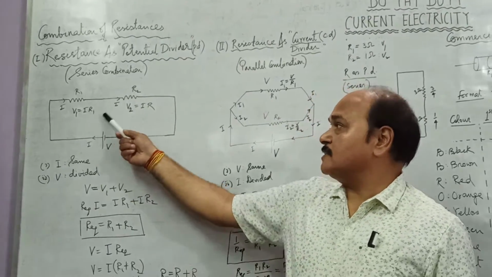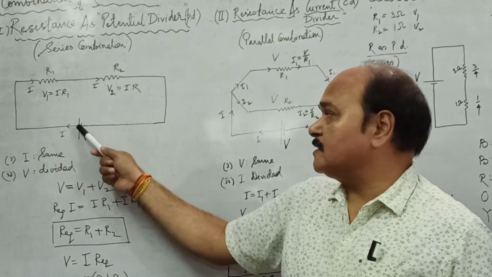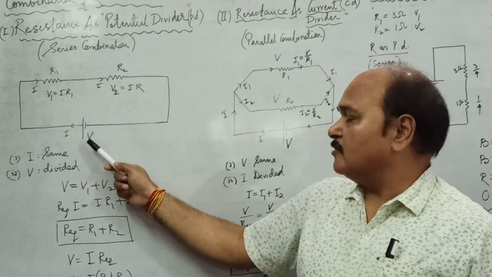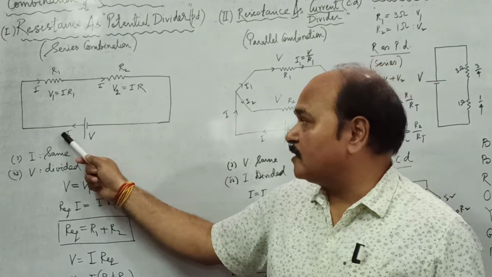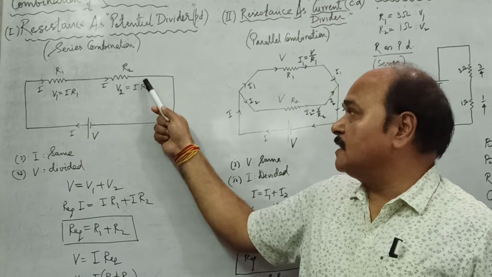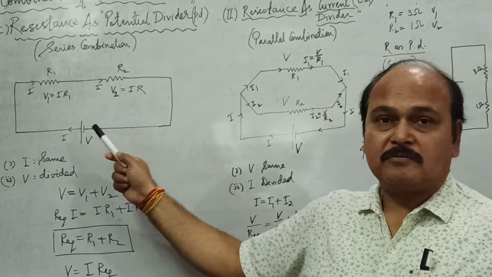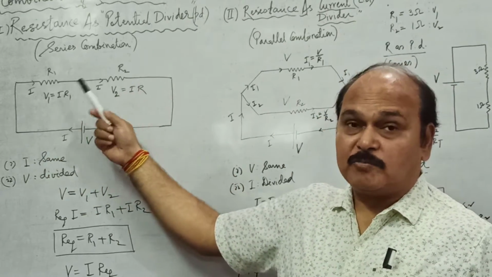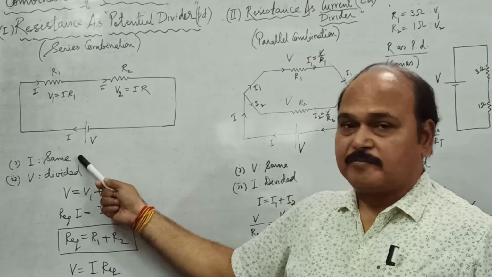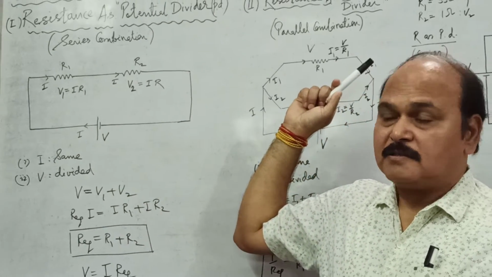Well, these are two resistances connected in series. There may be many. And this is the battery connecting across both the resistances. Now see, if the current I is drawn from the battery, this current flows through this resistance as well as this resistance, because there is only one way for the current to move along. There is no other way the current can move along. So what happens in the series combination? Current remains same through all the devices connected in series.